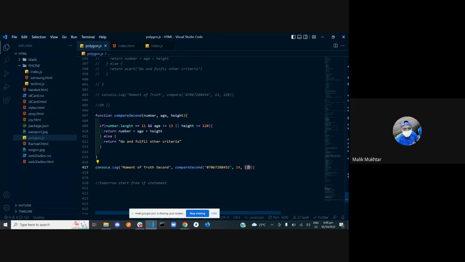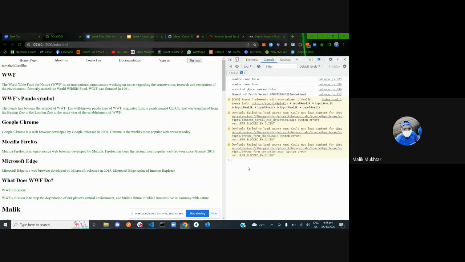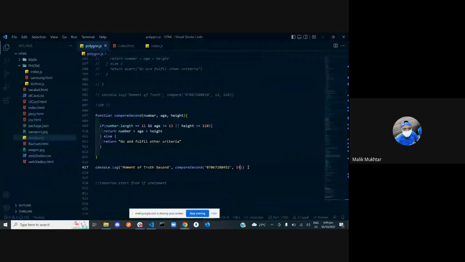Because we use "or" there, we are strictly asking that the length of the number must be equal to 11 and the person's age must be greater than or equal to 13. That has been fulfilled, so it doesn't really care about the last one because we use "or". Even if it is there or not, let's remove it and see. In this case it is going to be undefined, and we still see it concatenated because we said if it is not there, fine; if it is there, fine. But if I put undefined here and put this to be 120, this now will not enter this concatenation block,